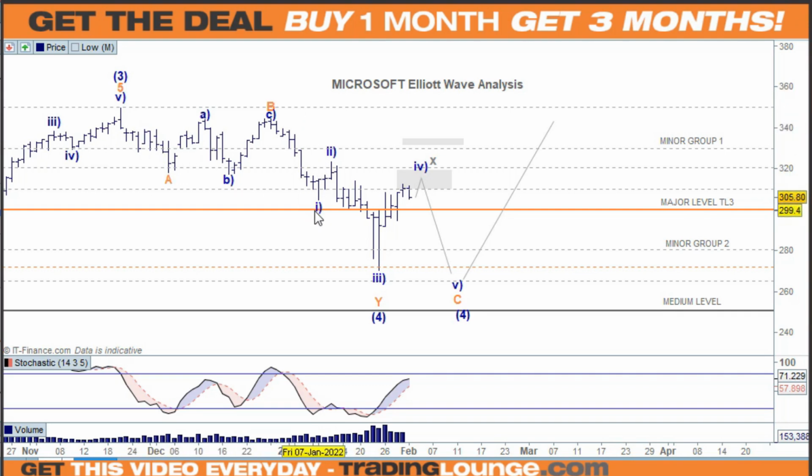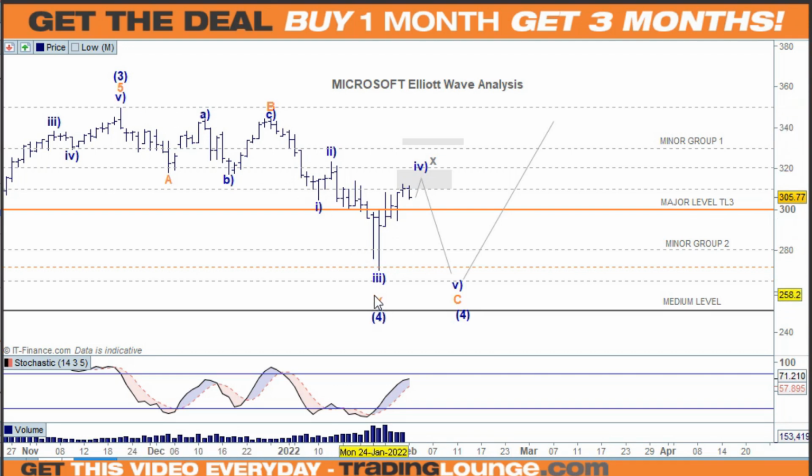We knew that it was a bit low, so it probably wasn't the case, but we took that on board, and we noted this move in here was corrective. So we knew then that this had to be wave 1 and 2 here, and then we're coming down for wave 3. Now, the situation is this wave 4 here is overlapping wave 1. And do we call it wave 3, or do we look at this now as a WXY here for wave 4 and we're finished here? Or could all of this down here